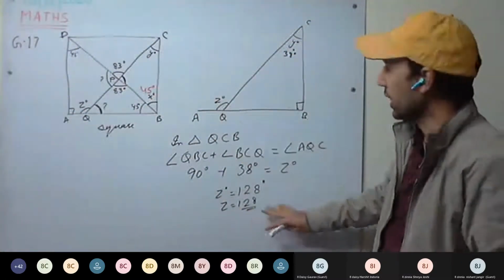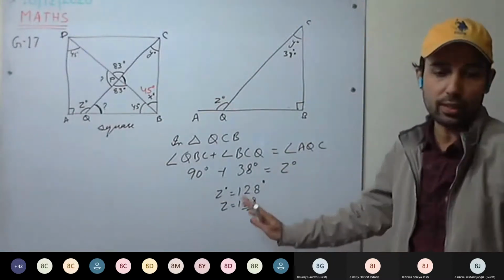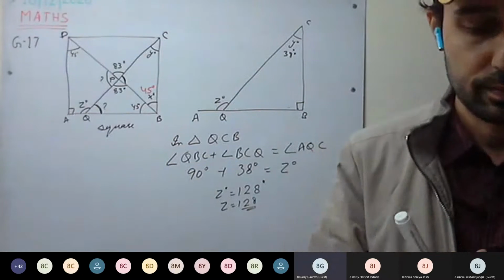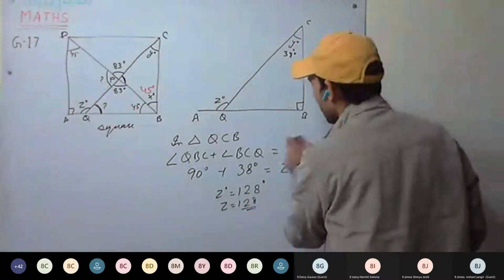There are many ways to calculate, okay? This is the easiest one, okay? Understood? Anyone have doubt till now? No, sir. Okay. Trapezium, we discuss for a minute, no issue.